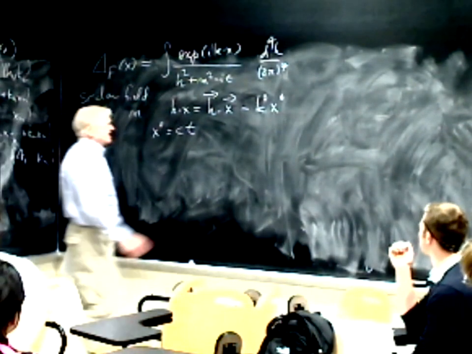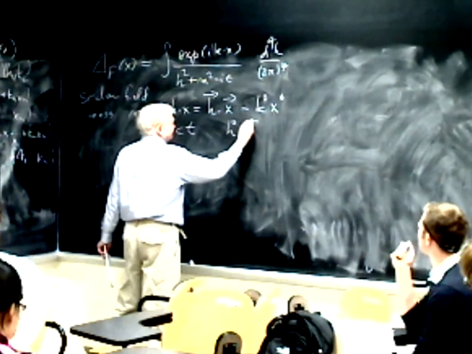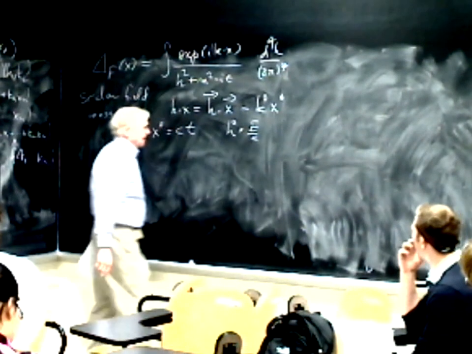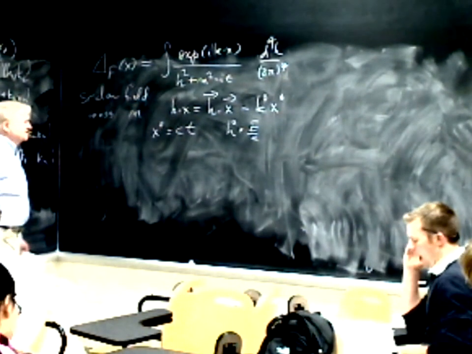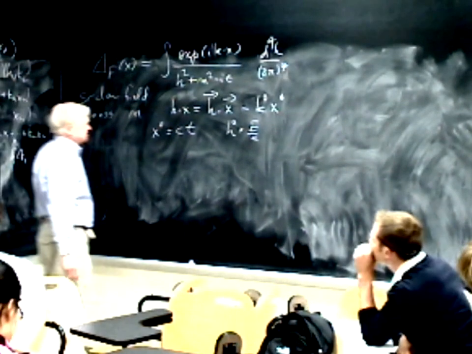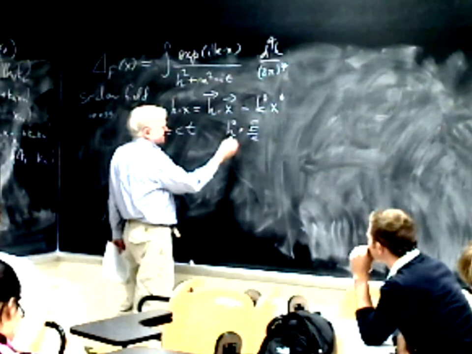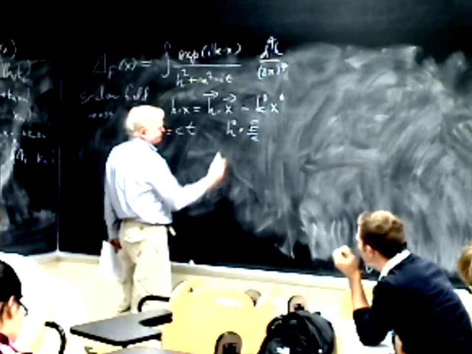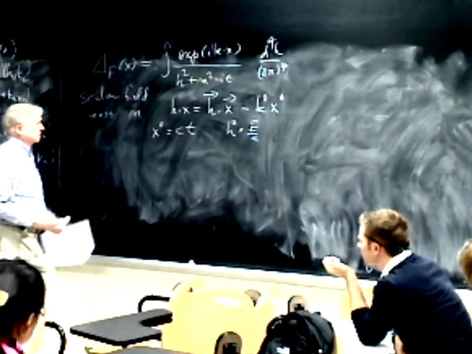In fact, k0 is E over c, but since I work more in natural units than I work on sort of particles, I work in natural units, and I always have c. Anyway,